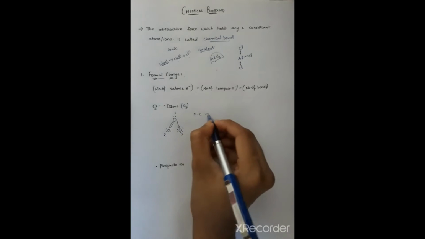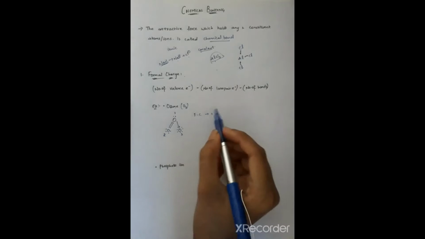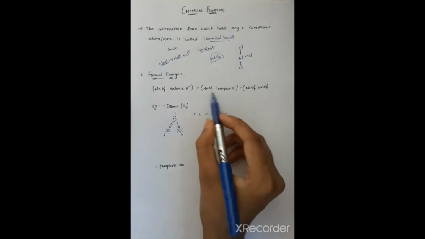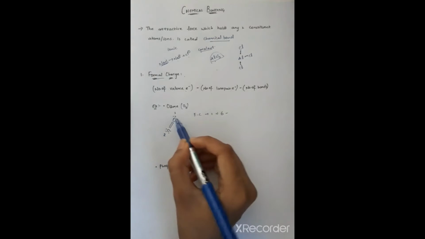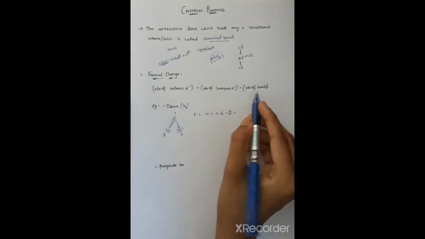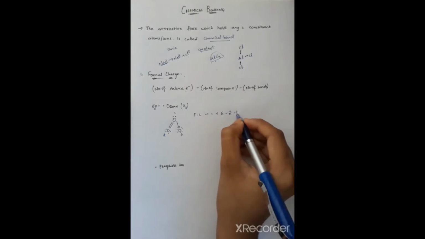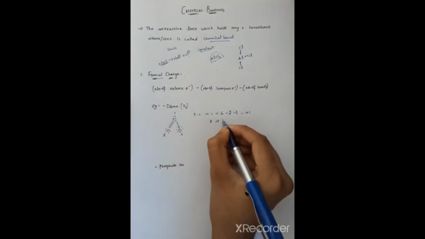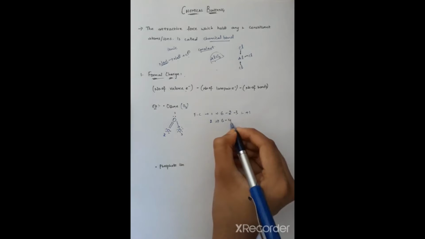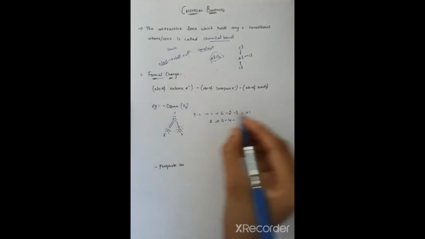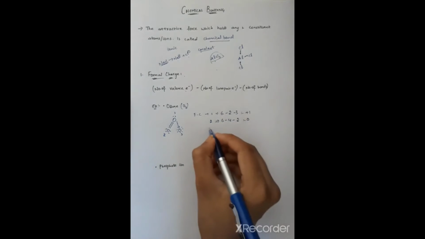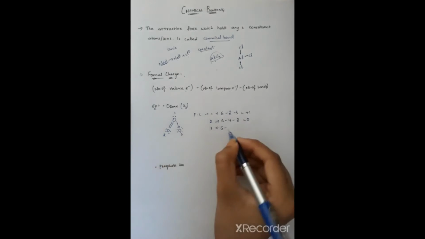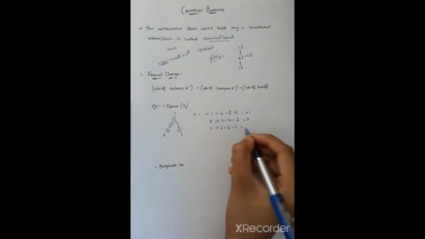So the formal charge on the first oxygen atom is the number of valence electrons, generally oxygen has 6 valence electrons, minus number of lone pair electrons, here it is 1 lone pair, so 2 electrons, minus number of bonds, 1, 2 and 3. So it's plus 1. And on the second oxygen atom, 6 minus 4 lone pair electrons minus 2 bonds, 0. So the formal charge on the third oxygen atom is 6 minus 6 lone pair electrons minus only 1 bond, it's minus 1.